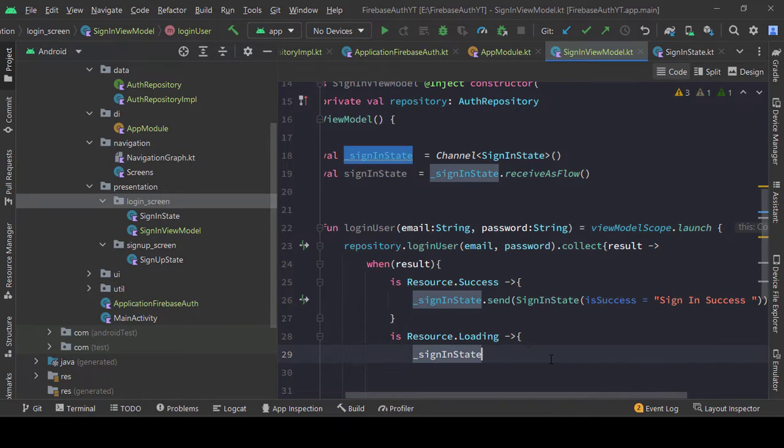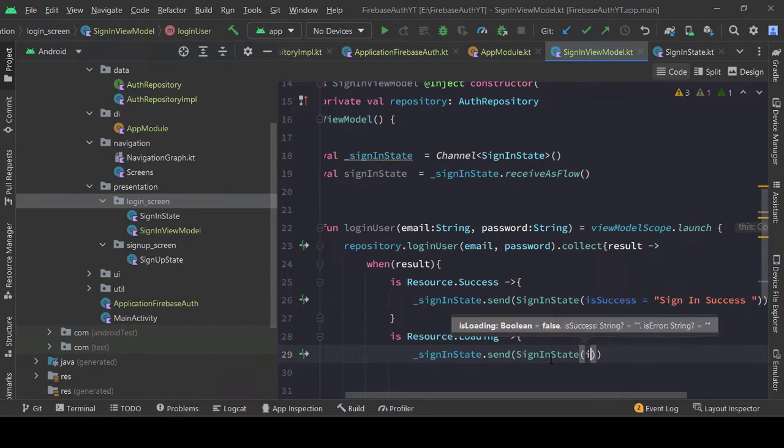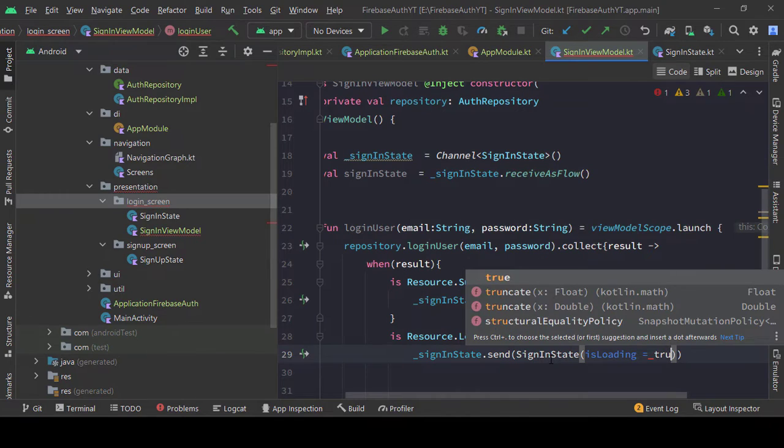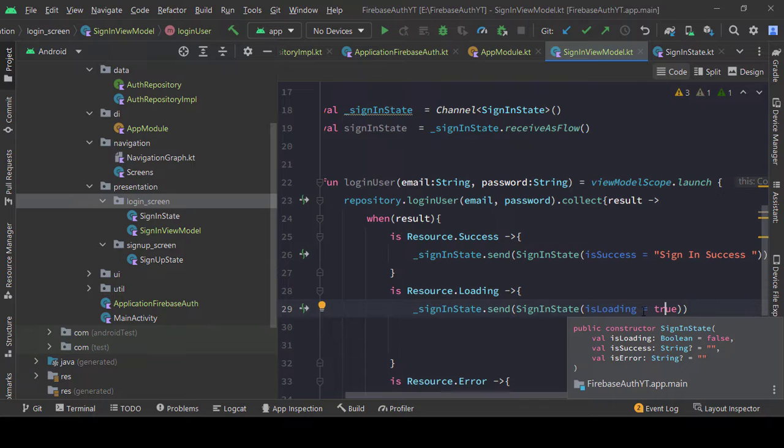Let's again do the sign in state dot send something inside this channel, and sign in state is loading equal to true. When our state is in the position of loading, we would like to set this loading as true, because initially